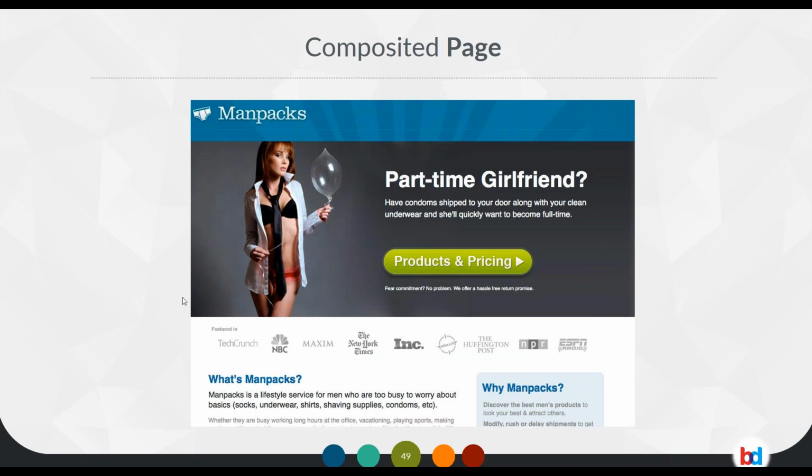Okay, man packs again. Doesn't have all the elements and it's not as effective. They do have encapsulation down here. They do have contrast and color. It's a little weird. Not real keen on the green. They also have visual encapsulation in that it breaks up the sections. But there's no flow beyond, essentially they're relying on natural flow, which is you're going to stare at her, you're going to stare at the headline, and then you're going to click. It could actually be designed better.